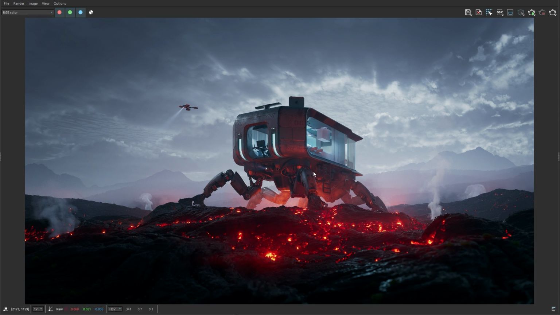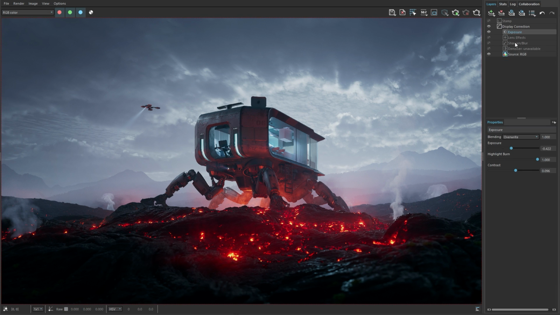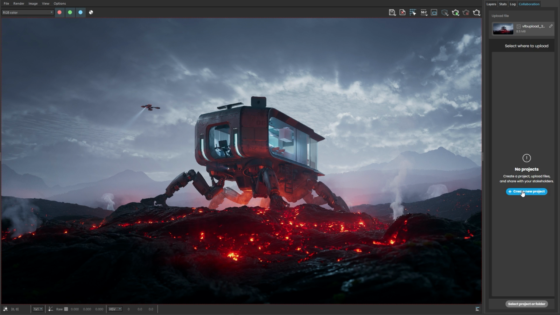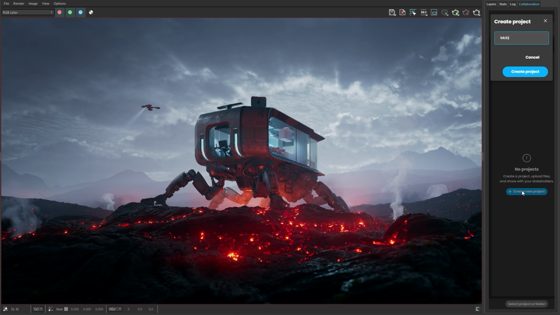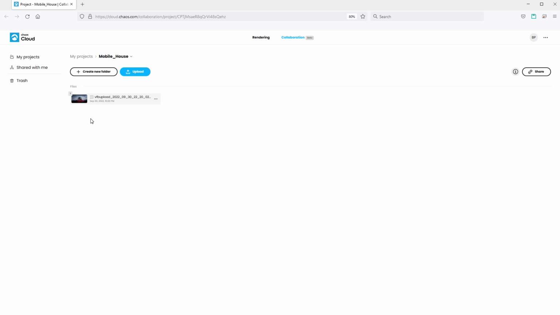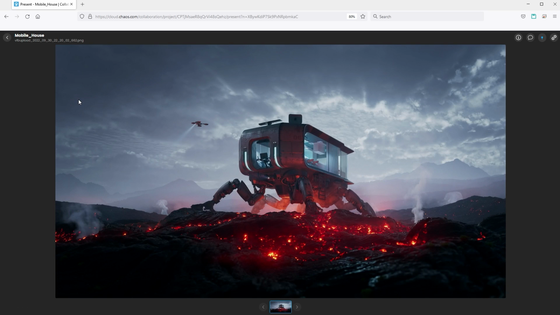You can immediately post the render you have done right from the VFB to the cloud, where you can share the link with clients or teammates. Here, you can create a folder and add different types of variations of your renders. People who have links to the folder can open the images and add comments for further corrections.